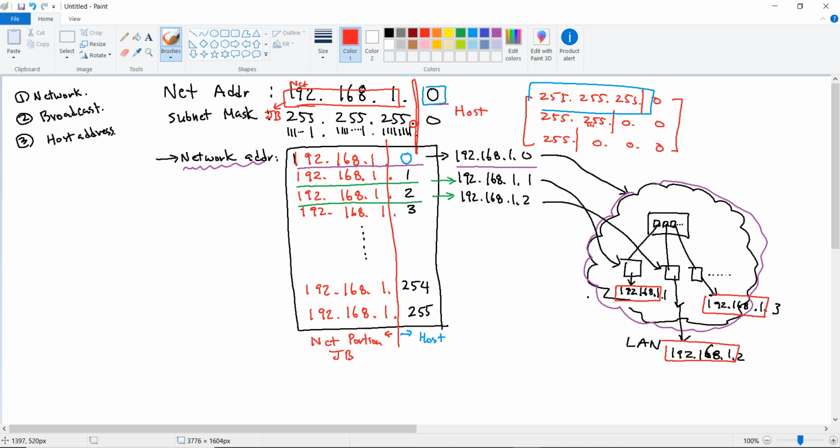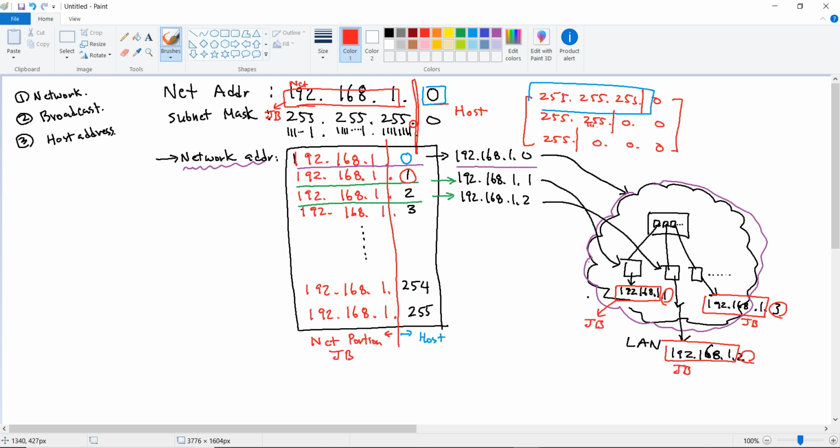So if you use an analogy, this is Jack Brown building, room number 1. Jack Brown building, room number 2. Jack Brown building, room number 3, and etc., right? So in this scheme, how many rooms can we have? How many IP addresses for the host? So starting from the 1, and you know that this network address is reserved to represent